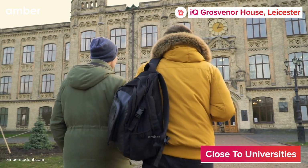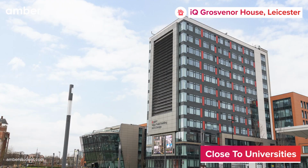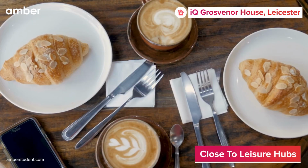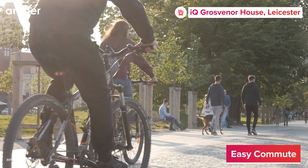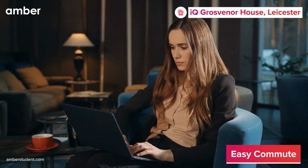Centrally situated, the location provides effortless access to prestigious universities such as Montfort University and the University of Leicester. Explore the lively city center, where charming eateries like the Olive, Greek street food, and bread and honey await your discovery. Excellent transport links from nearby bus stops such as Welford Place and Pocklington's Walk ensure easy exploration of Leicester